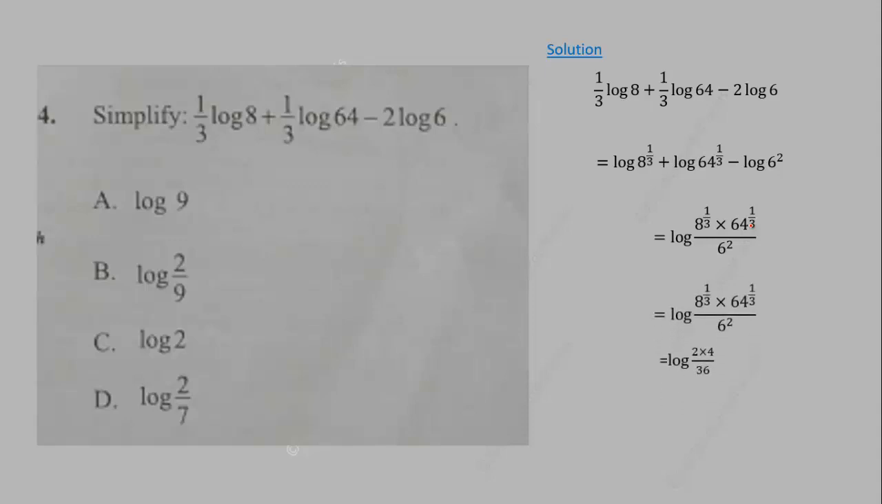So when we simplify that, that will give us 2 times 4 over 36, which is equal to 2 log 2 over 9 over here. So you could also simplify this first, getting 2 here and getting 4 here, before you apply the property, the product and the quotient rule for logarithm. So the answer is,